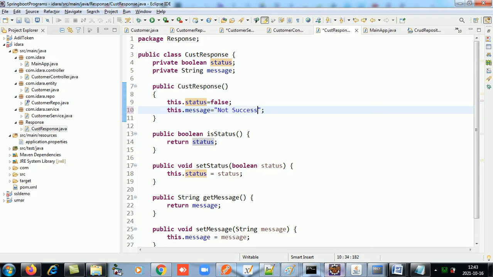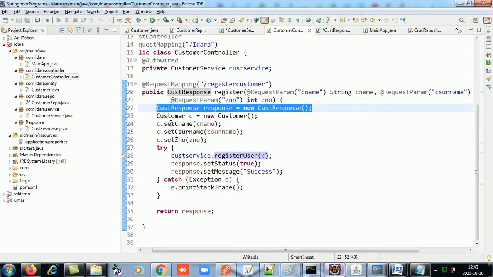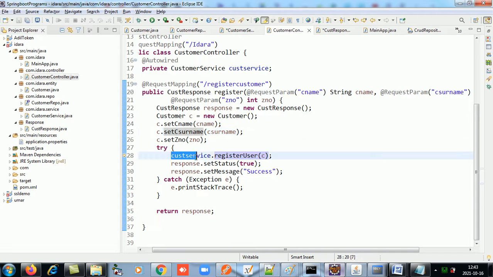So this is there in the response object now. But as this is successful, I'll change the status to true and message to successful, and then I will return this response. So this response is of which type? Customer response. So my method register is giving a return value of customer response type.